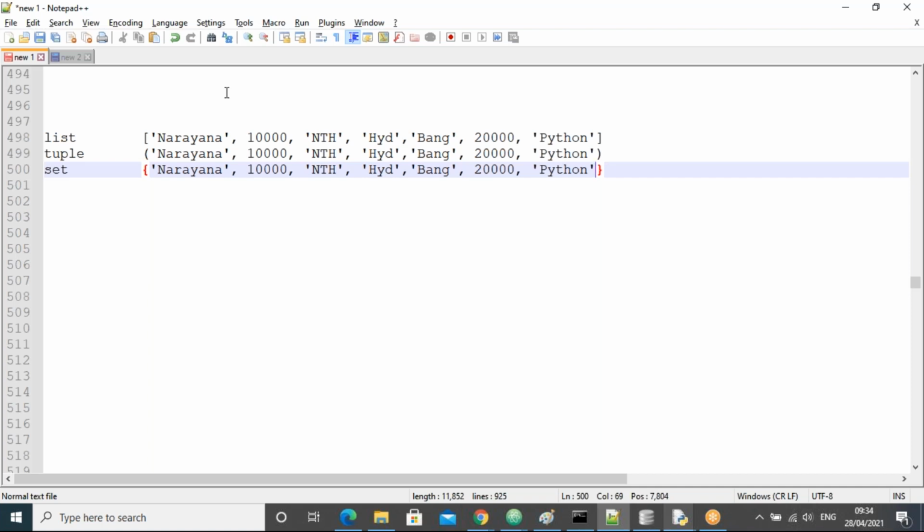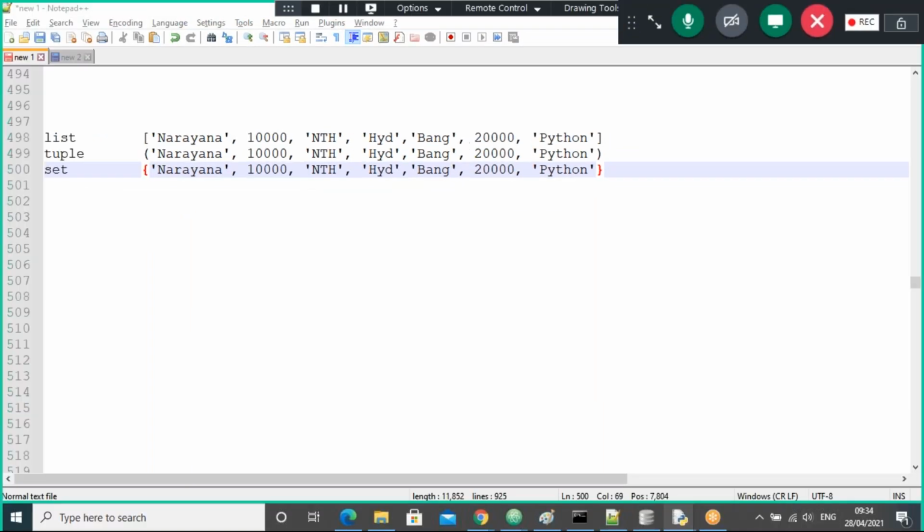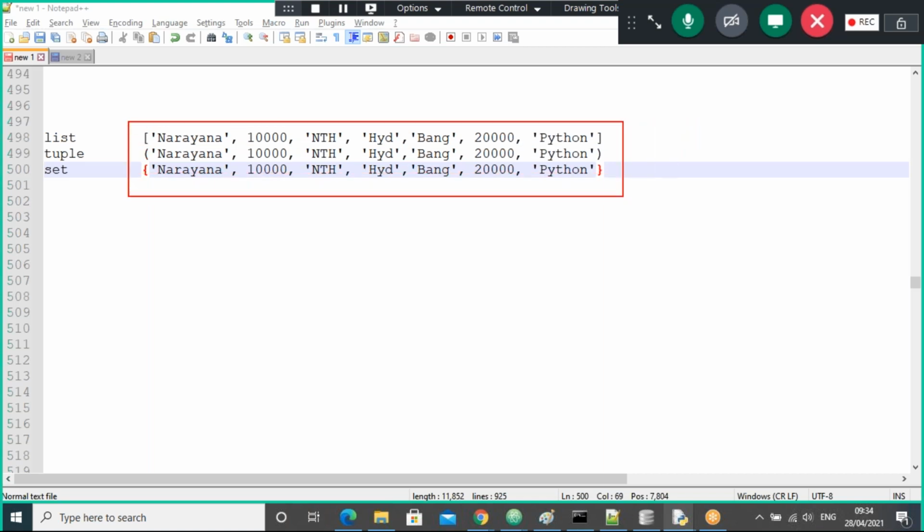Now, all of you, these are the 3 ways: one is to create a list, to create a tuple, to create a set, right? Just, guys, what is changed here? Just the brackets are changed. Here, what is happening in these three? Commonly, what is happening? Something is missing, guys. So what is missing, sir? Yes, I'll tell you now.